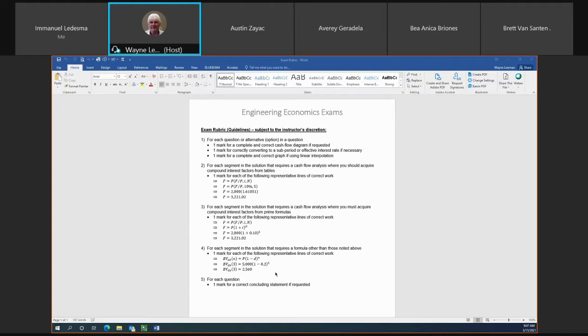It's posted in Learn under Content, so you should have access to it, and it would be smart maybe to print a copy of that off and have it beside you as you answer the questions, because these are the key lines I will look for in the work that you're providing to me. And of course, if these lines are not there, you won't receive a mark for that. So the first thing up, under the first item, the first bullet within the first item, if a cash flow diagram is asked for,